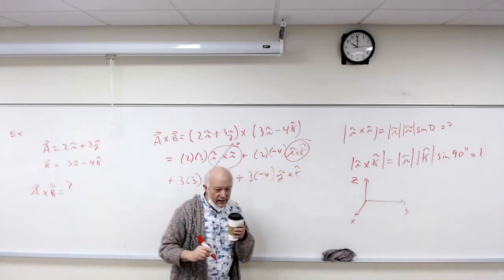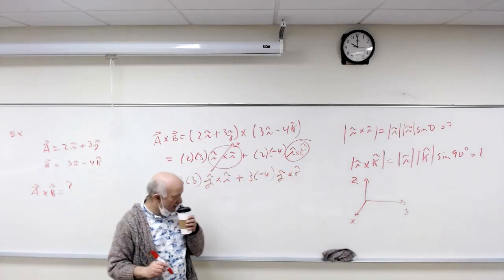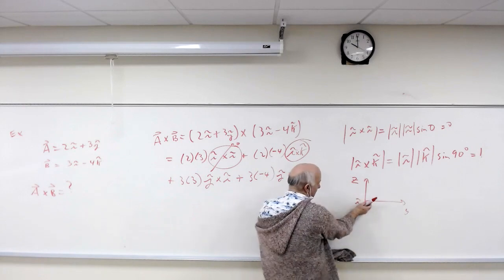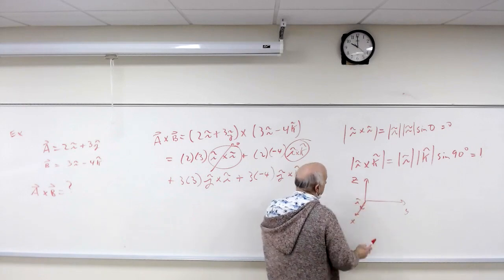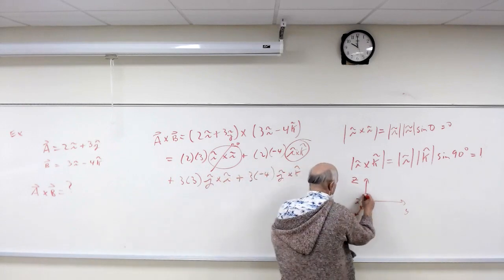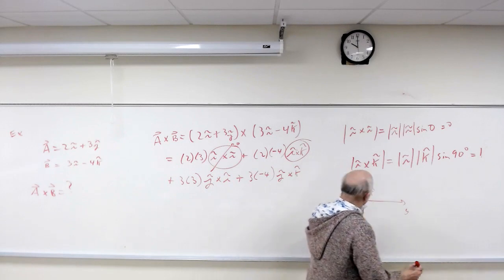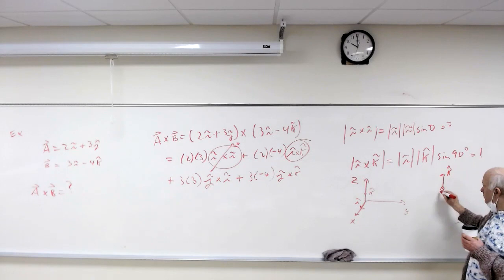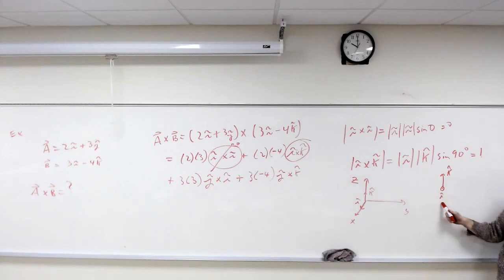Okay, I hat goes on what axis? X. Right, and that's really coming out at you like this. That's I hat. K hat is Z. So work that out. This is really K hat, then cross I hat. That picture here is really this guy here. So work out I cross K for me.